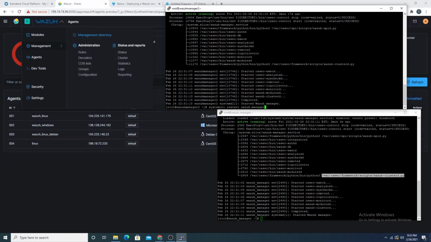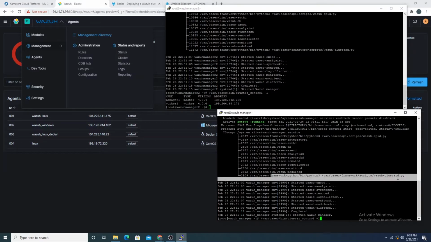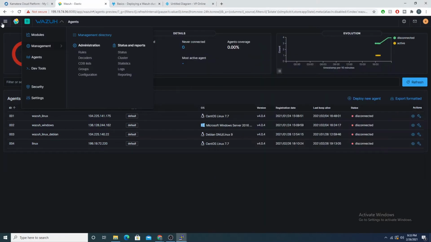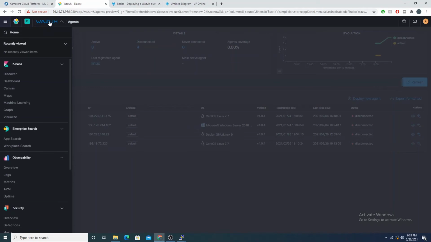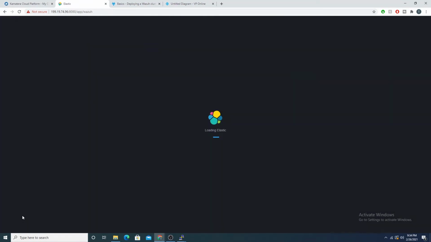So we have our easy binary that we can call real quick, and we also have to make sure that if this comes back with not the results you were expecting, you can make sure that this Python script is running here that handles that. So now let's go ahead and go back into the Wazuh app,